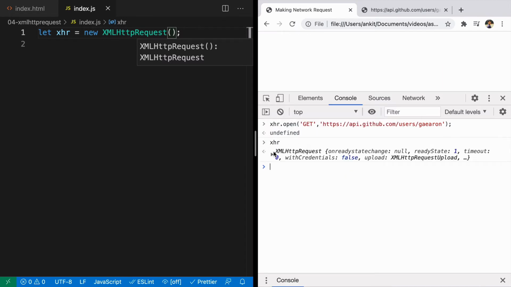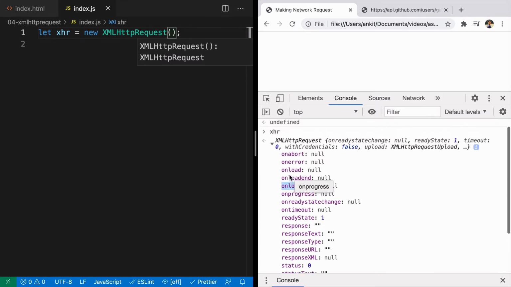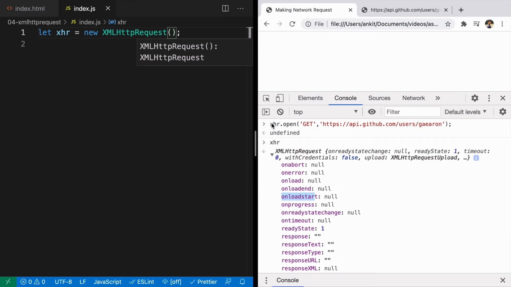When we look at XHR, you will see that it has a lot of properties. It has onabort, this is onerror, this is onload, onloadend, onloadstart, and a lot of other methods. But let's focus on what we need right now. I want XHR to go to this URL and get the data from there.